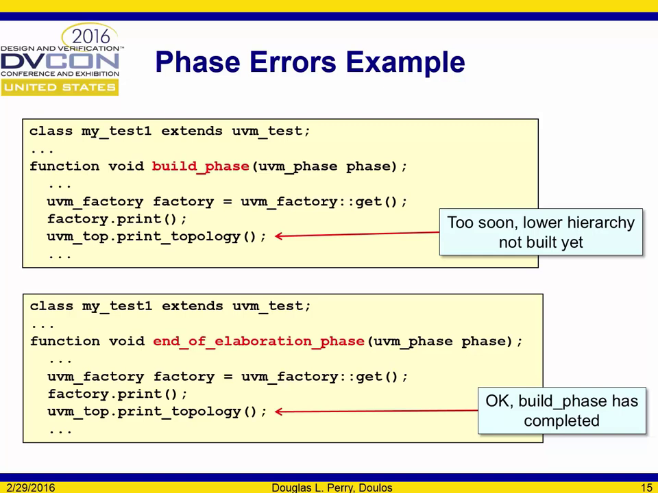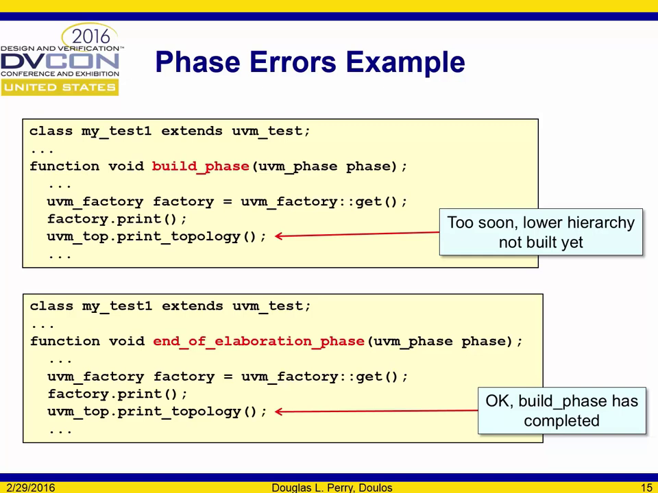Oops. The only thing you got is the top level. You don't have the lower level components yet, right? Because you haven't built them yet. So that's too early. Again, if you try to access the lower level hierarchy, you're not there yet. So now, if you do something like end of elaboration phase, everything's been built, everything's been connected. And so now if you print the topology, you're going to get the whole